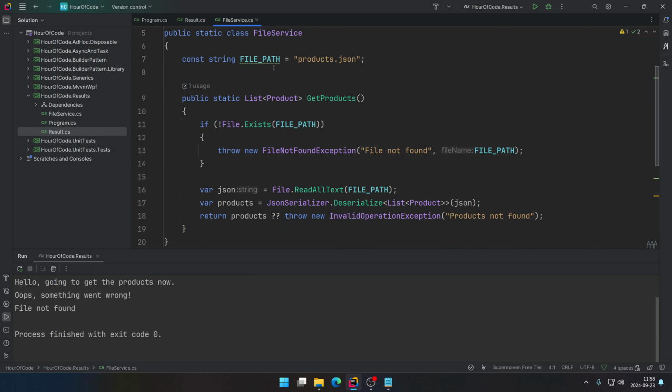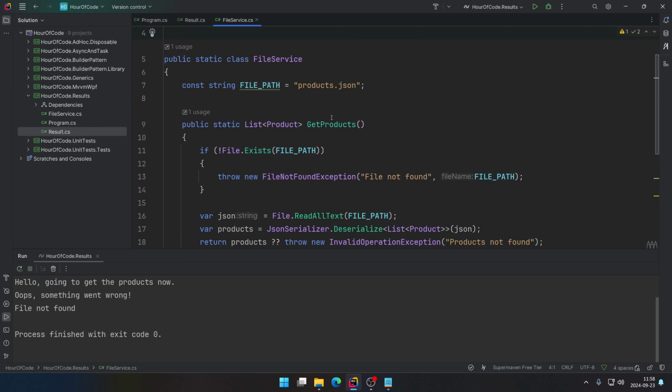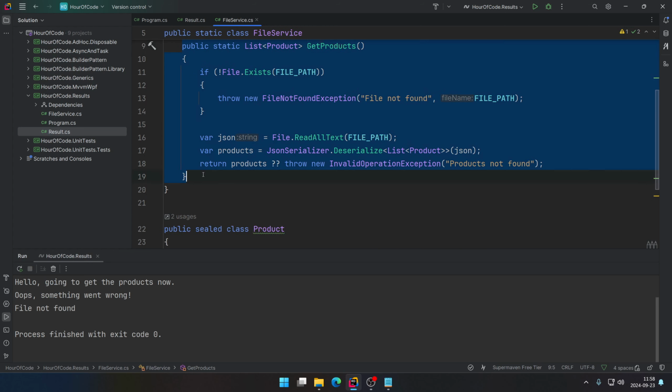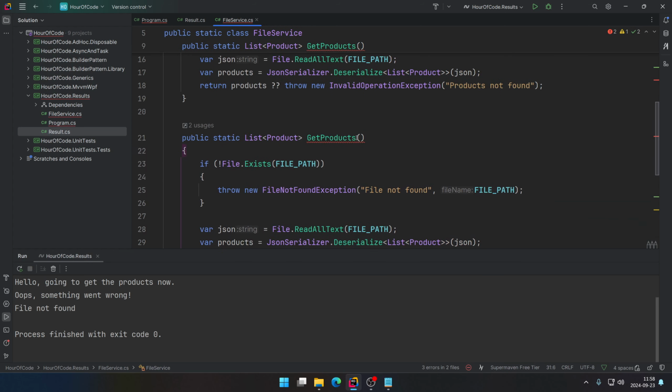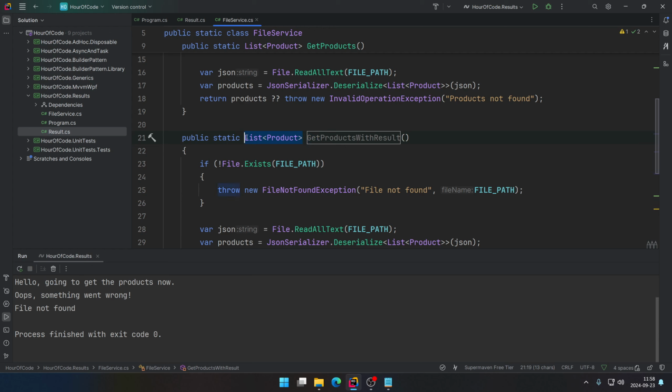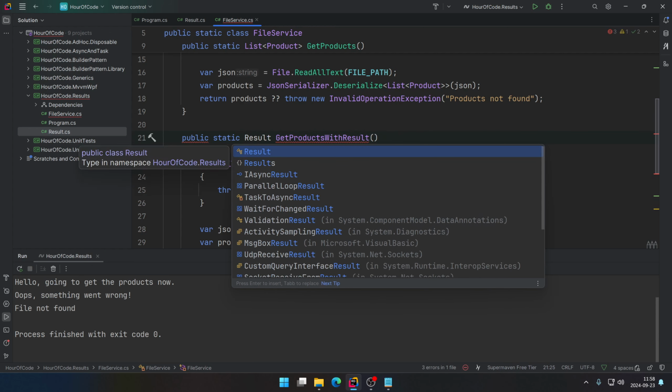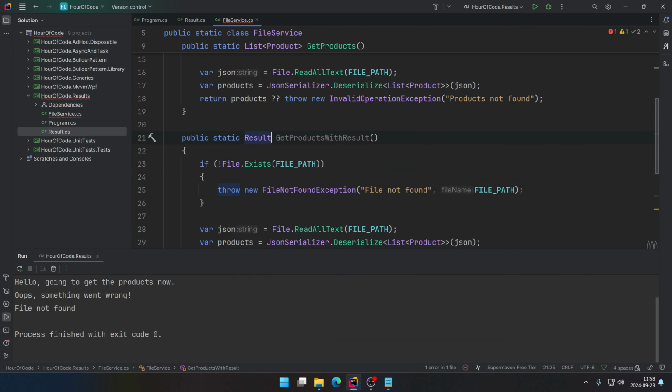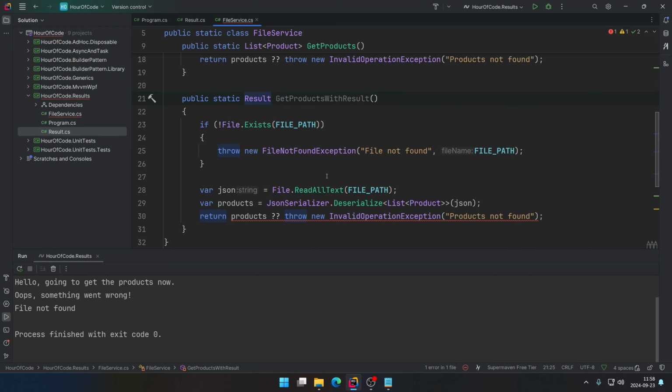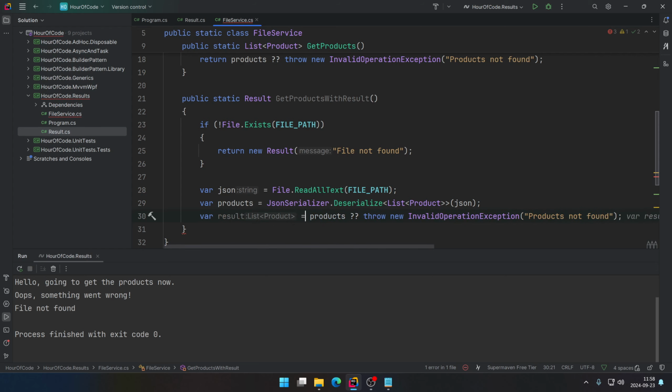So we'll change our file service GetProducts. You know what? We can just copy this and we'll just make another one. We'll do GetProductsWithResult, and we'll wrap our return type here with Result. Now, unfortunately, we didn't make it generic, right? So we can't specify the type. But in this case, for example, if the file did not exist, we will return new Result, file not found. If the file did exist, we will instead do var result equals